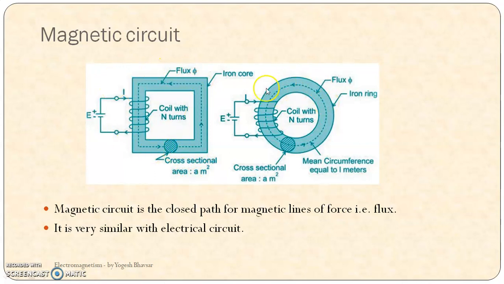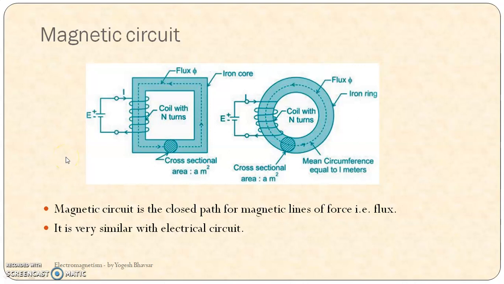Just like this, we can see another type of magnetic circuit in ring shape, where only the shape is changed. Here it is a square-shaped iron core, and there it is a circular-shaped iron core. The other things are the same, right? It will set up the flux which circulates inside the iron core. This we can call an iron ring, with cross-sectional area A and mean circumference L, right? This is very similar to the electrical circuit, and the different parameters can be compared with the electrical circuit. This is called the simple magnetic circuit, with all the parameters associated with it.